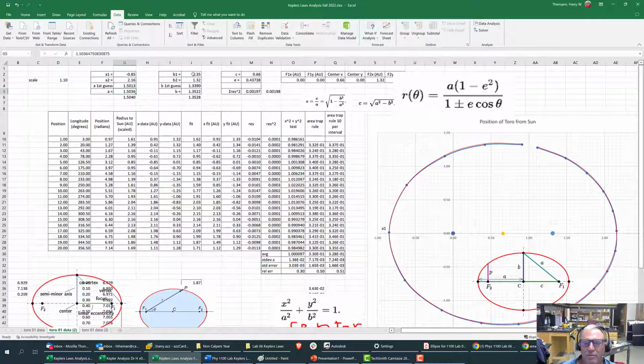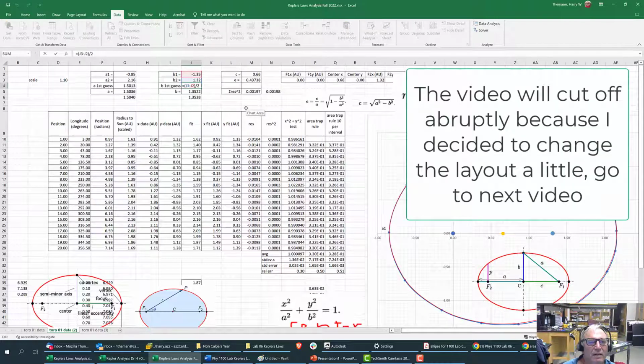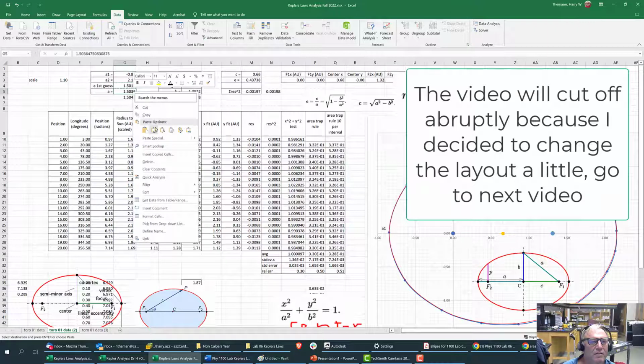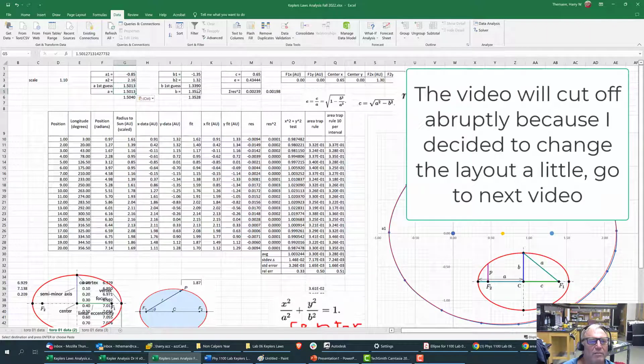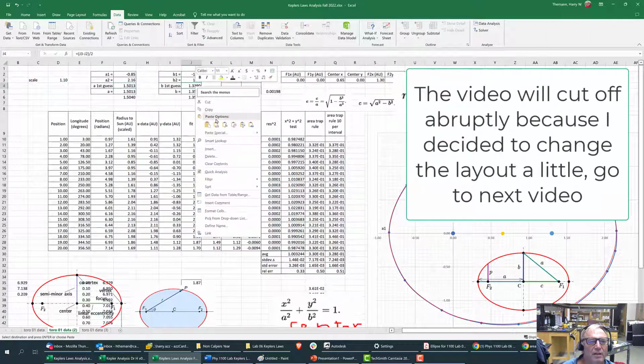And in a similar fashion for the semi-minor B, I get half of that. And then what I've done is these are going to be my fit parameters. You notice they're a little different because I've already done the fit. But so I'm going to copy and paste in these as estimates. And I'm pasting in the